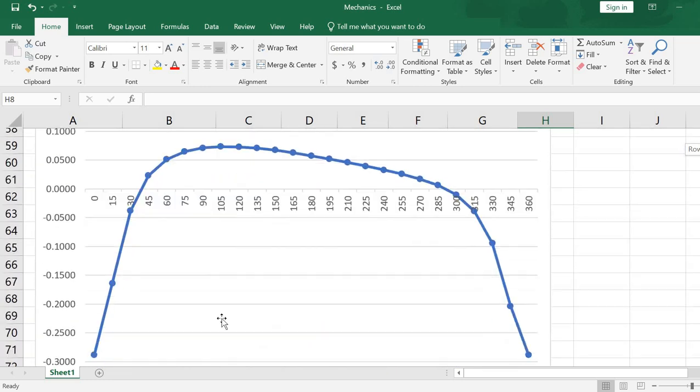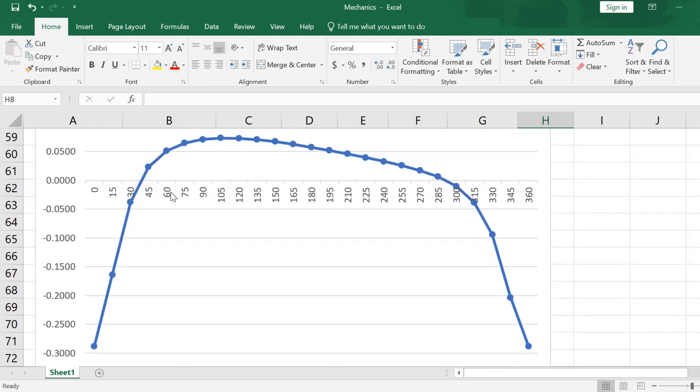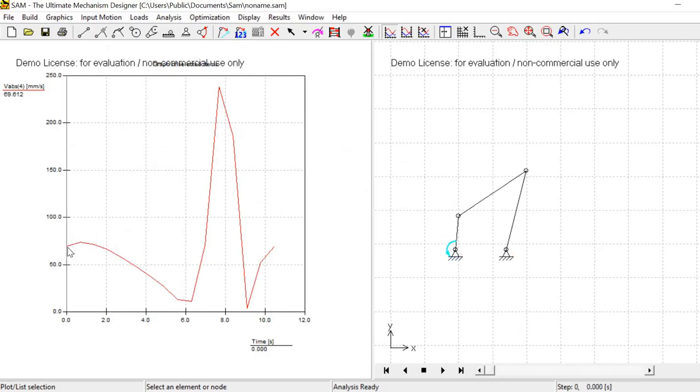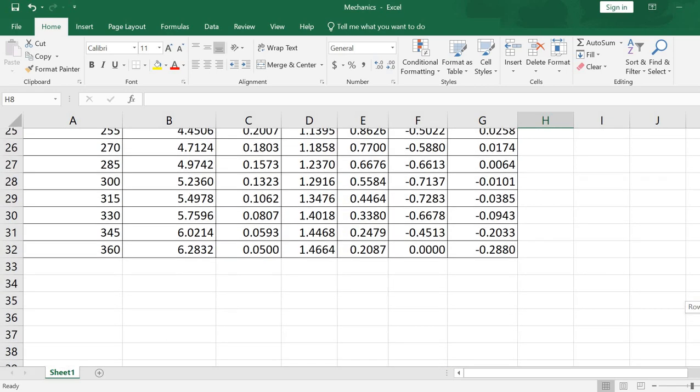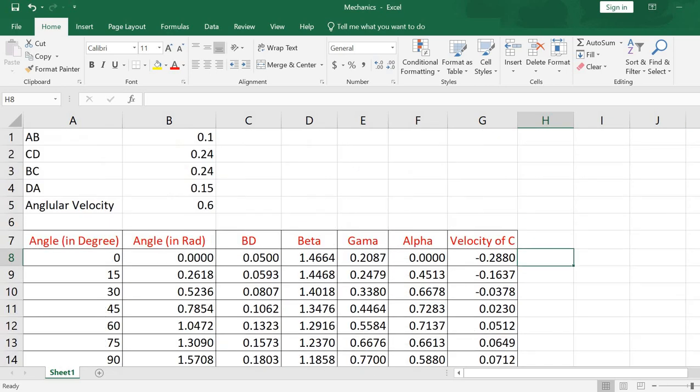But the thing is, this graph starts from the 0 degree, but the velocity time graph starts from time equal to 0, which means we have already marked that when the time is equal to 0, theta is equal to 85. So it's starting from 85 degrees and it is going to change. But over here you can see that we are taking from the 0 degree angle. So this is the main point. You need to figure it out when you are comparing these two graphs with the absolute velocity.